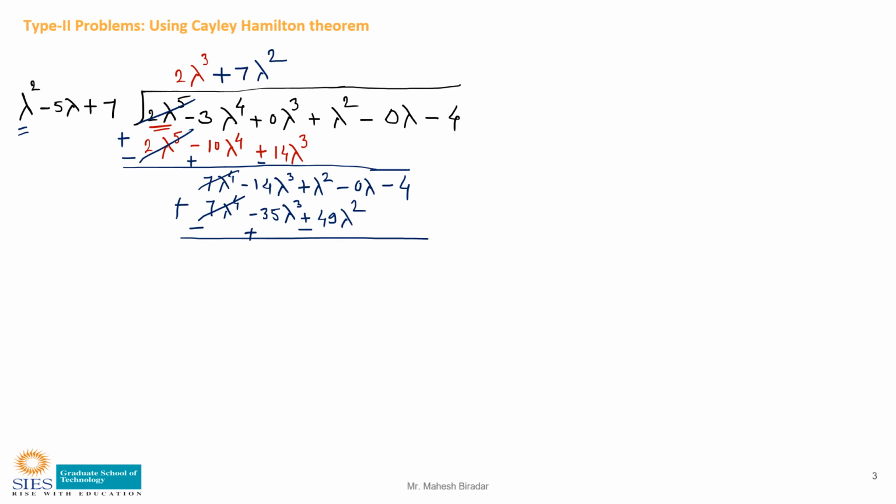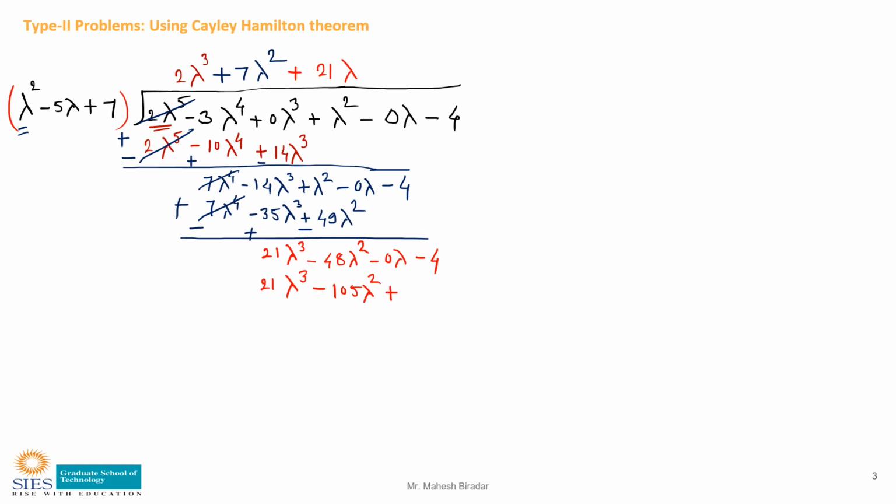So here 35 minus 14, which is 21 lambda cube minus 48 lambda square minus 0 lambda minus 4. Now you need to take 21 lambda in the quotient and multiply with all of the divisor. So 21 lambda cube minus 21 into 5 is 105 lambda square